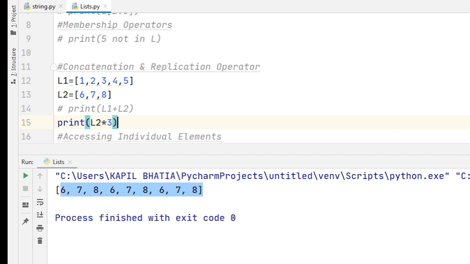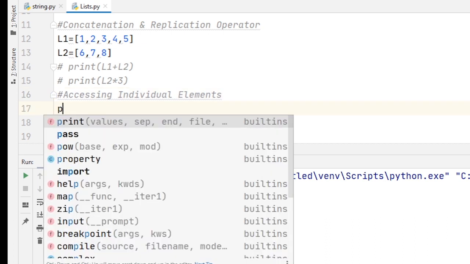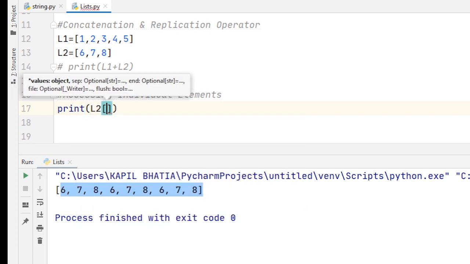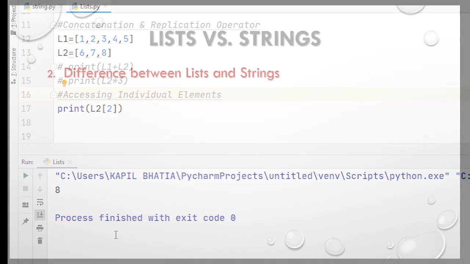And finally, accessing an individual element as I showed you previously. L2[2]. If I run this code, it will return 8. So I hope you understand about the similarity between the list and string.